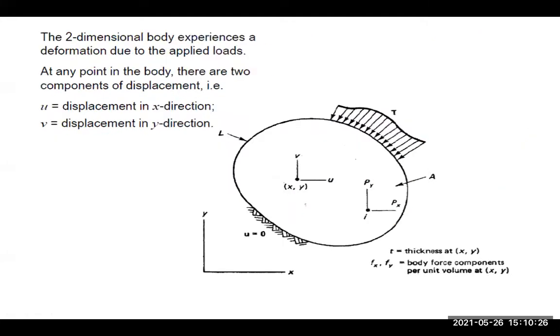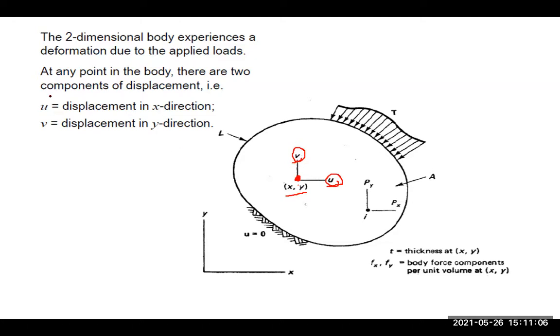Now the very important thing: here, in the same domain I have considered, I would like to take one simple point and understand what the deflection would be. At this point I would like to specify that the coordinate values are x comma y, because the nodal point is two-dimensional. In the x direction there would be a displacement called u, and in the y direction a displacement v.